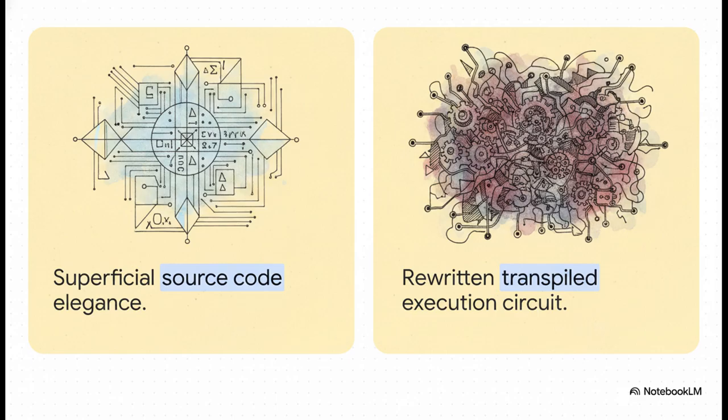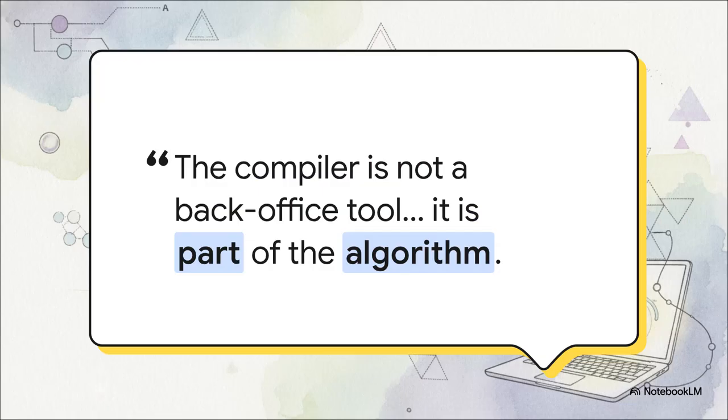That extra overhead can completely dominate and ruin beautifully written source code. If you take away just one concept today, let it be this. In quantum computing, the compiler is literally part of the algorithm, especially when dealing with intermediate representations. The compiler pipeline performs the decomposition, the routing, the scheduling, and the measurement optimization. Simply put, if you don't understand what the compiler is doing to your circuit, you don't actually understand what your